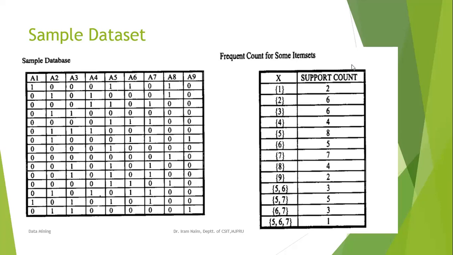ठीक है, तो किसी का भी हमें सपोर्ट काउंट जब भी हमें फाइंड आउट करना है तो we have to find how many times it appears in the transaction. Okay, so 1 is in A1, 1 is present 2 times in a single column. Okay, now go for the item 2, count the 1, 2, 3, 4, 5, 6. So how many times does it appear? It appears 6 times in different transactions.